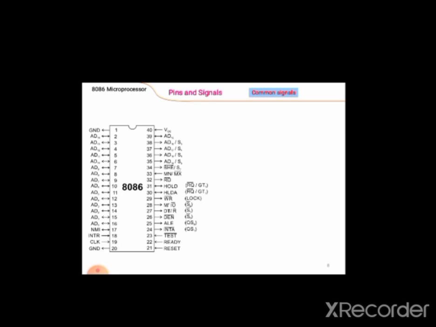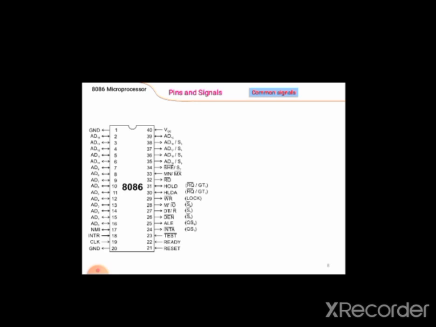So the microprocessor internally breaks it into two parts, lower order and higher order. For accessing these, the lines are also separated into two groups: AD0 to AD7 for lower order data and AD8 to AD15 for higher order data.